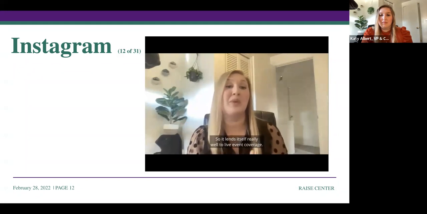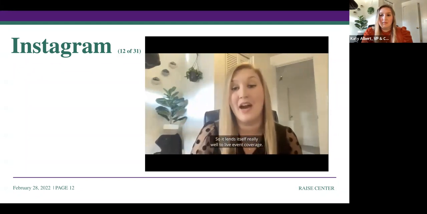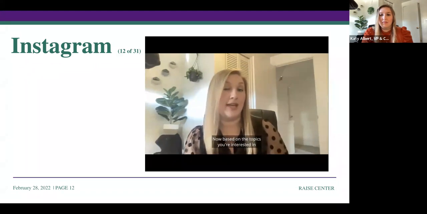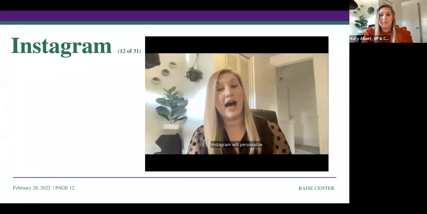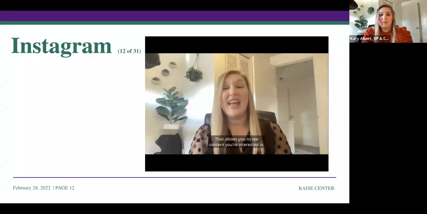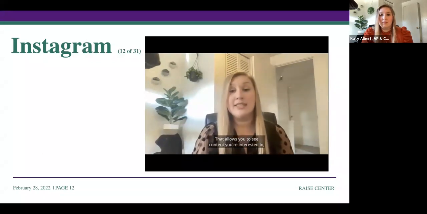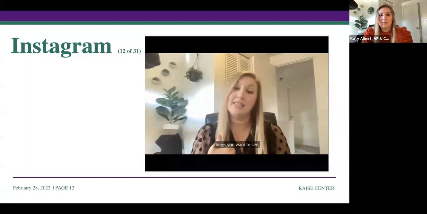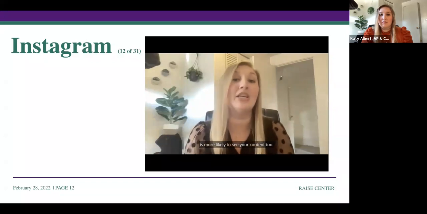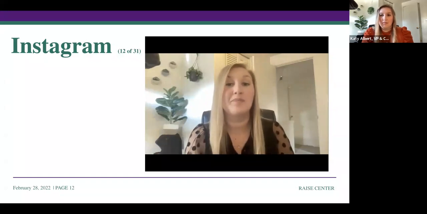So it lends itself really well to live event coverage. Now, based on the topics you're interested in, Instagram will personalize your explore page and your feed. That allows you to see content you're interested in, things you want to see, and it means that your primary audience is more likely to see your content too.